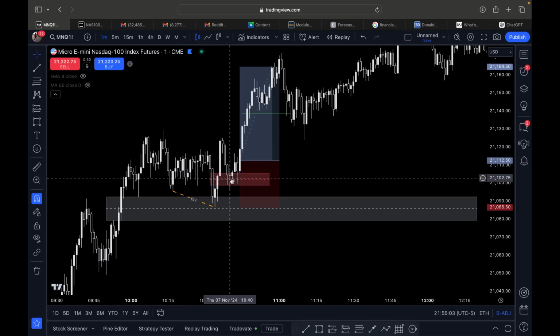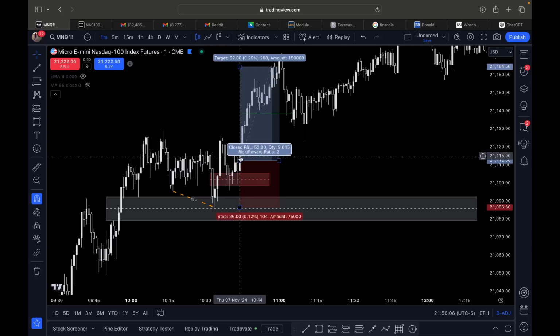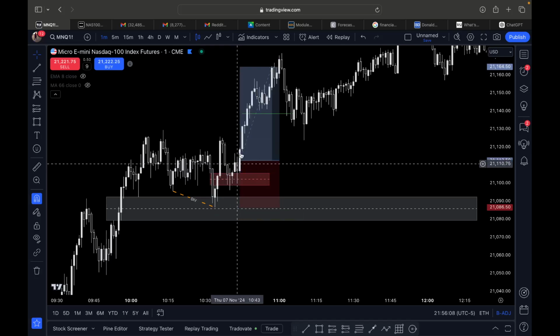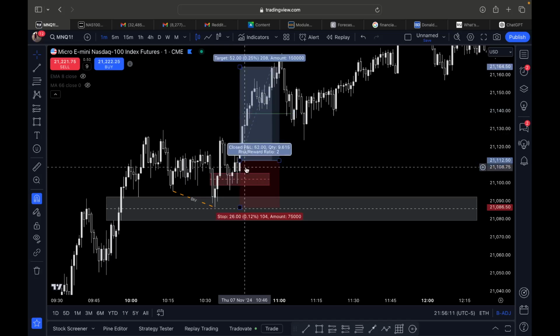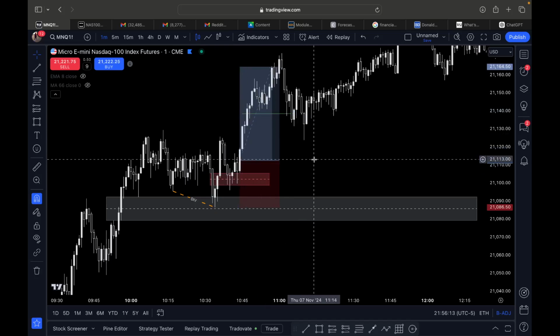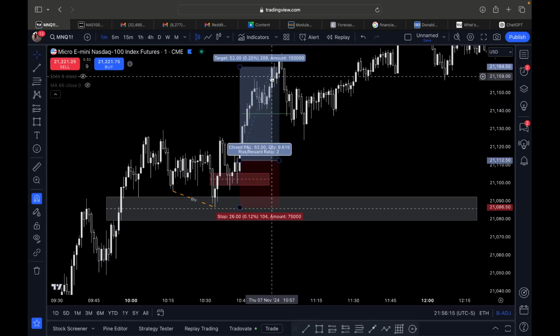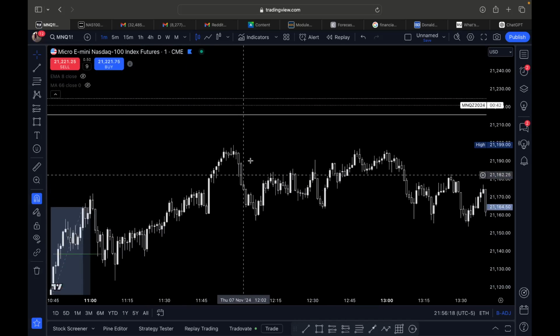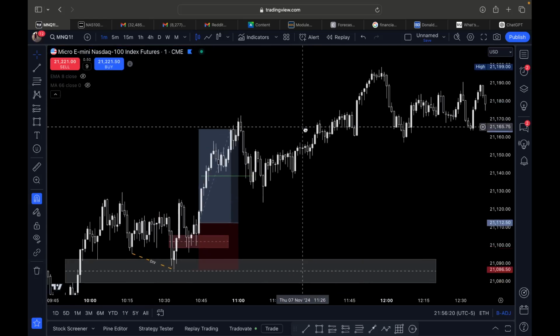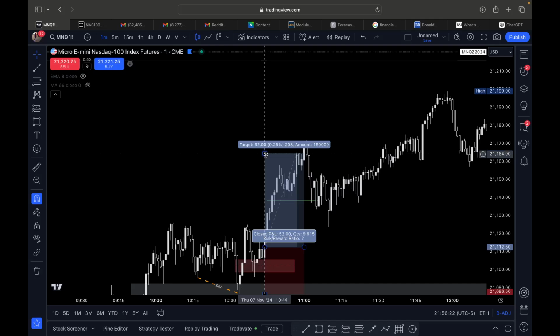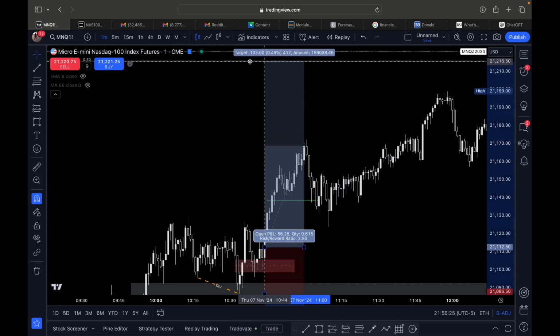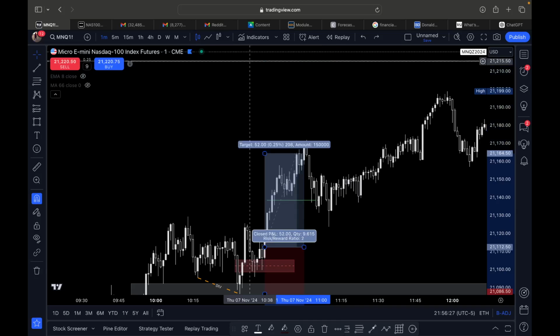So very straightforward trade today. Took this long, and it was very clean. Price reached 1-to-1 very quickly, so I was able to move my stops to break even, take the risk off the trade, and then just let it run to a 2R. I ended up running all the way up here, whereas the way I used to trade, I would have definitely had my TP up here, close to a 1-to-4 trade. But I'm capping my risk at 1-to-2R mainly because that keeps me grounded. It keeps me from looking at trading like how big can I hit for, instead of how consistent can I be with my daily inputs.